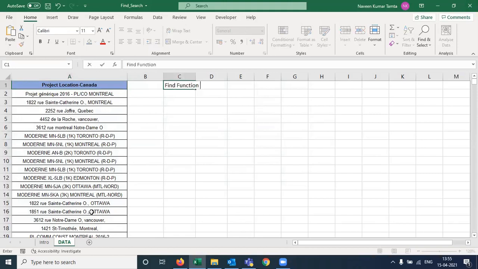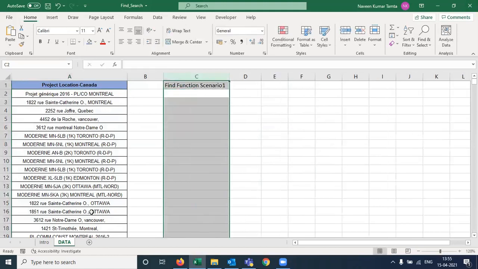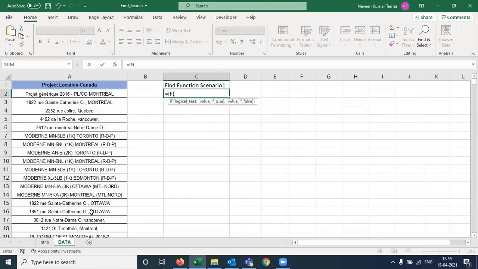FIND function, scenario 1. So guys, I am going to use the IF function with FIND.